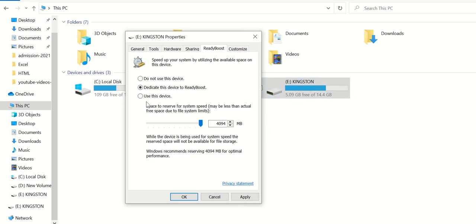And there is one more option, "Use this device." The meaning of "Use this device" is nothing but, for example, you want to use only 1 GB or 2 GB of the pen drive, then you can select that. But if you want to use the full 4 GB or 5 GB, then you have to use "Dedicate this device to ReadyBoost." When you click on apply and then OK,